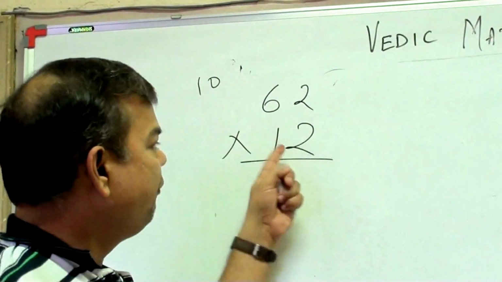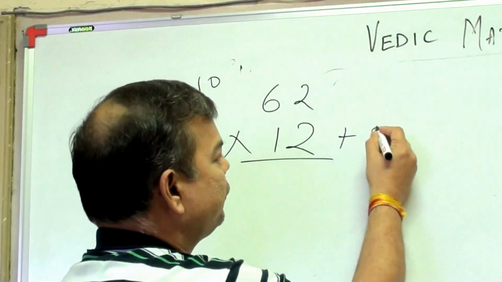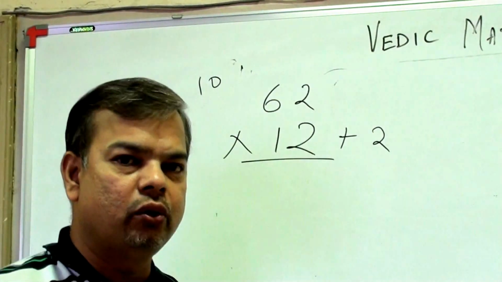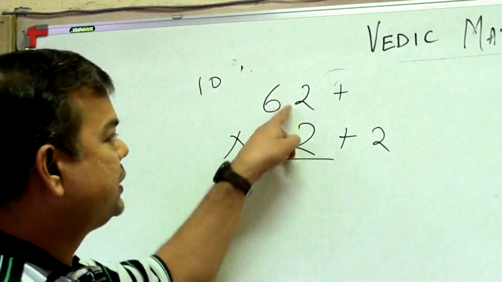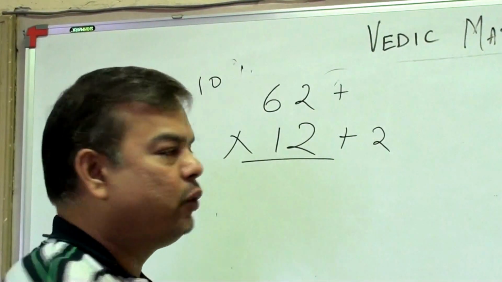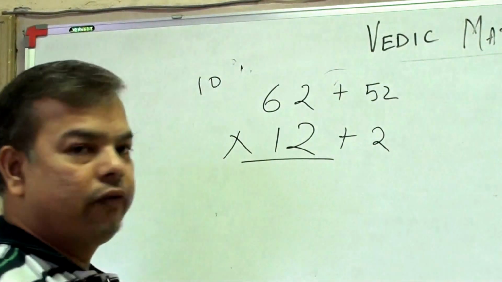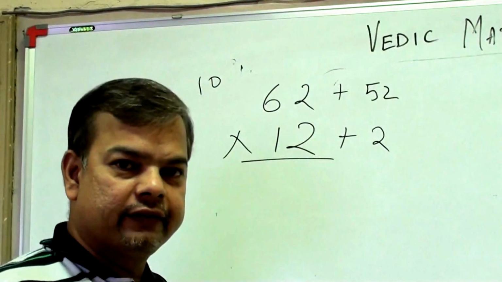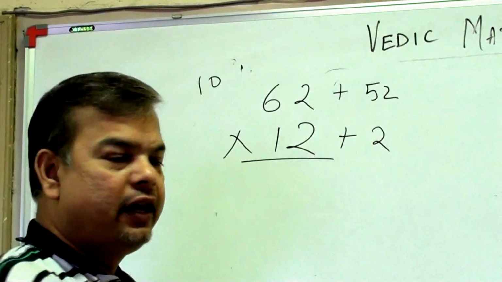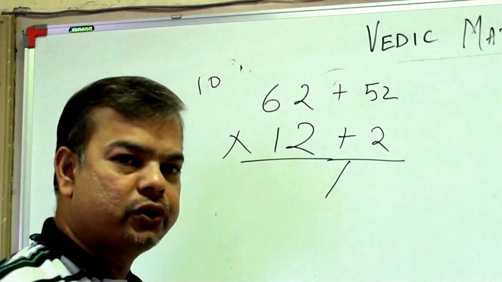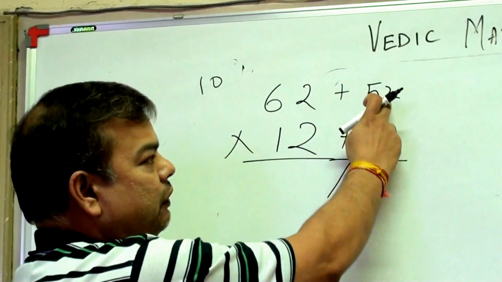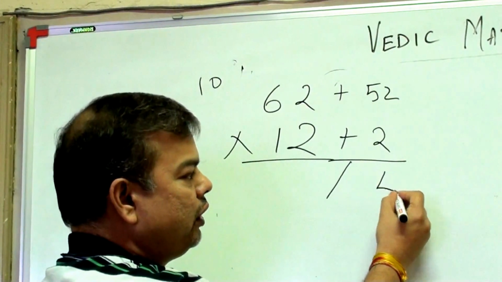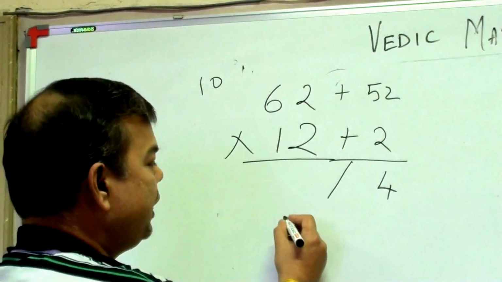Now, we will subtract 10 from 12, so we will get plus 2. That is, 12 is 2 more than 10. Now, similarly in 62 also, we have to write 62 minus 10, that is 52. So here you can see that 62 is 52 more than 10. Now after doing this, we will apply the same technique. Write a forward stroke here, multiply this 52 with this 2, so we get 104. Now out of this 104, we will write 4 here and we will write 10 as carried over.